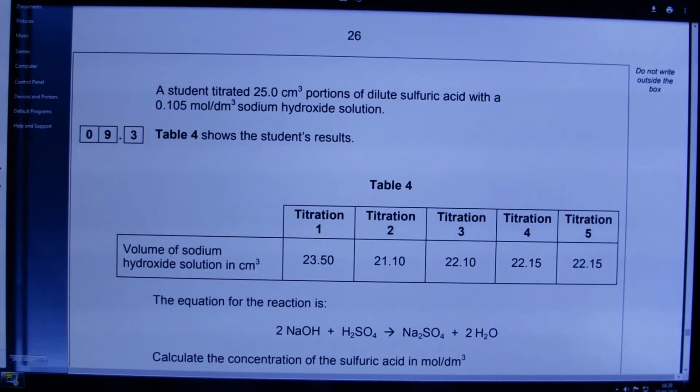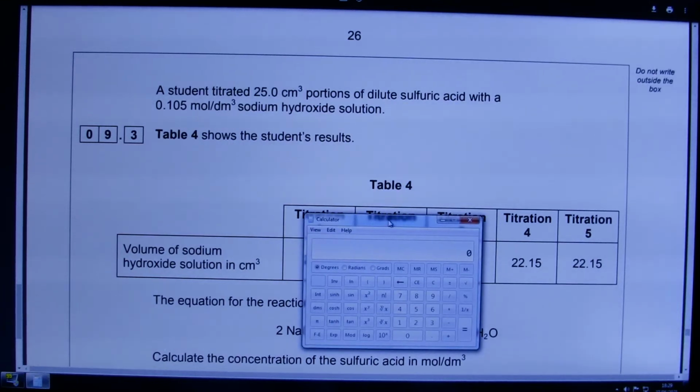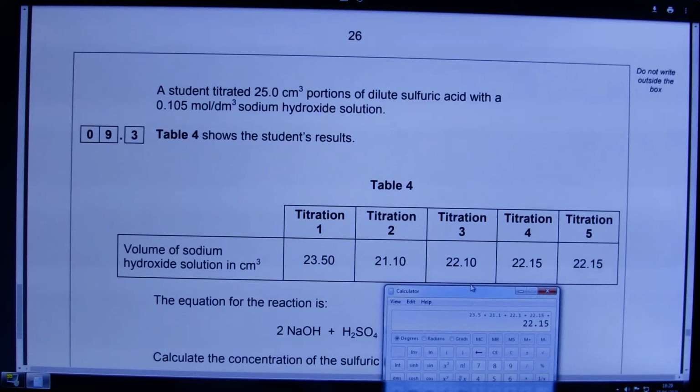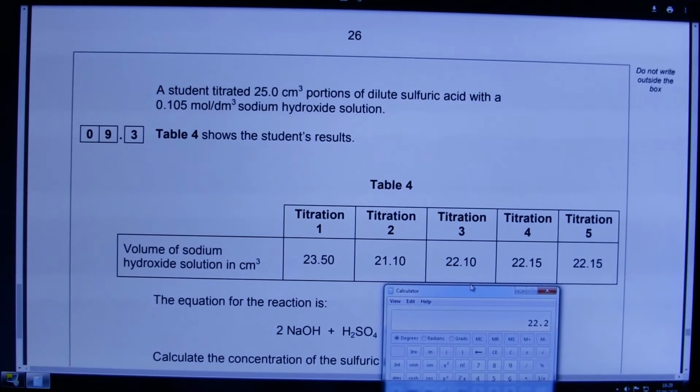Well, the first thing to do, because he has all these different results, would be to get an average of them. 23.5 plus 21.1 plus 22.1 plus 22.15 plus 22.15. Did I copy the numbers correctly? It looks as if I did. Equals 111 exactly. Over 5, 22.2 exactly. Isn't that nice? Isn't that convenient? Right, 22.2